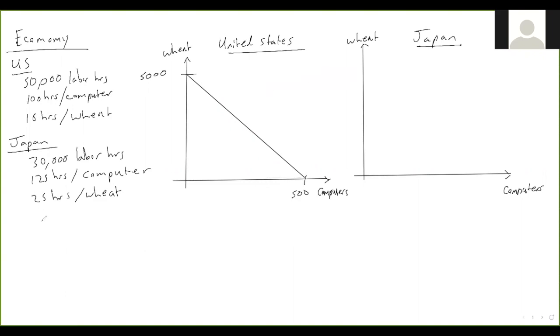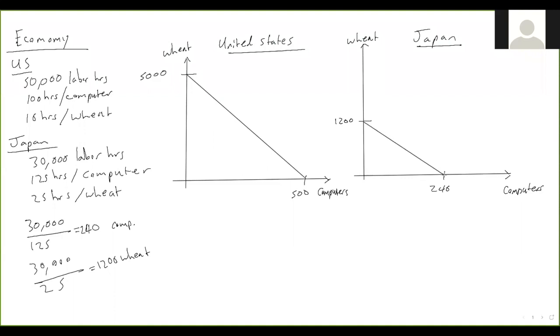And for Japan, we can do the same thing. 30,000 hours divided by 125 hours per computer gives us 240 computers. And doing the same for wheat tells us that we can do 1,200 tons of wheat. And we can plot those. So we've got 1,200 about here, 240,